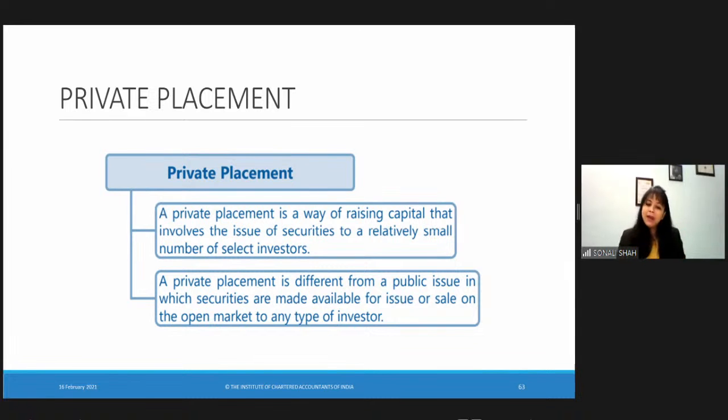So in the case of public offer, you see that the information is in public domain. There is advertisement, there is notice, there is issue of prospectus. Nothing of such thing happens in private placement. The information is shared, definitely. But the information is shared only to that selective person from whom the company wants to raise the money, or that selected person from whom the company deems fit that it wants to raise the money in return of securities.